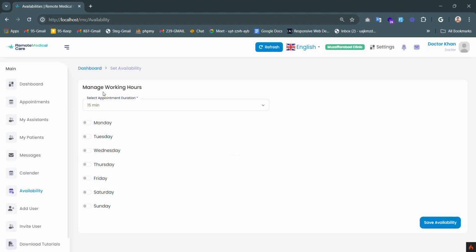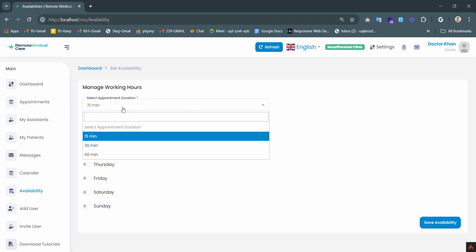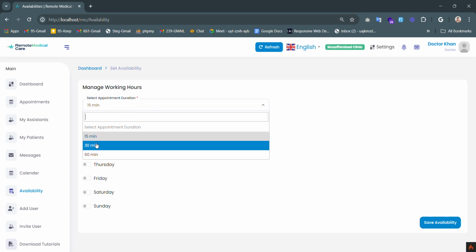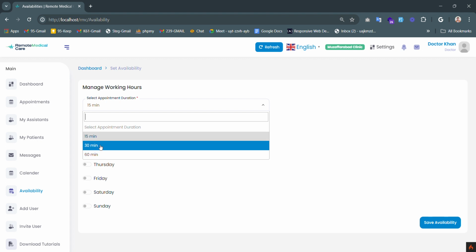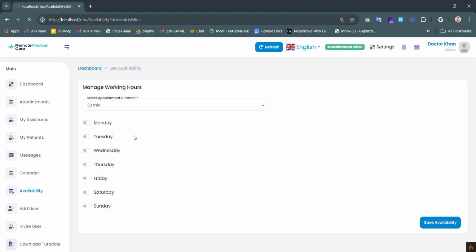availability. Availability is basically the working hours of each doctor. The doctor can set his or her working hours. So basically there are three types of appointments that a patient can have with the doctor. It can be either 15 minutes, 30 minutes, or 60 minutes. These are basically predefined time slots. So let's quickly switch this to 30 minutes,